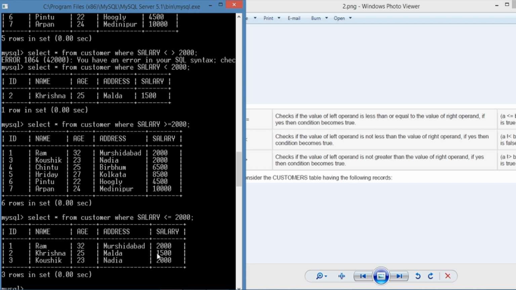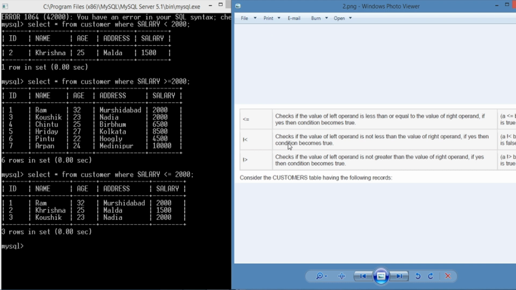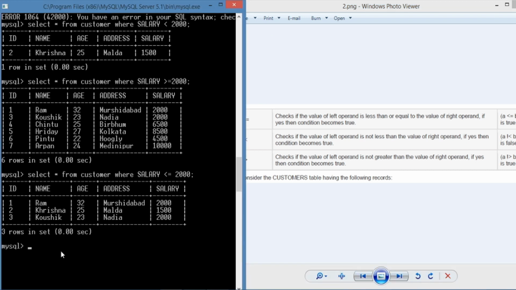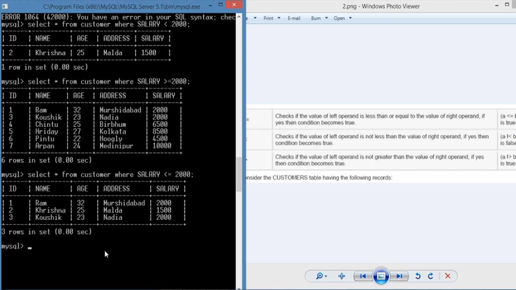Next I perform not less than. Empty set, not less than 20,000.